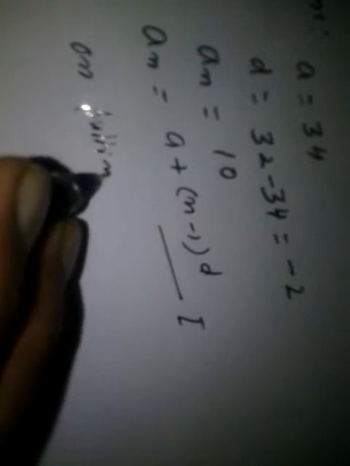So on putting the values of an, a and d in equation 1, we get